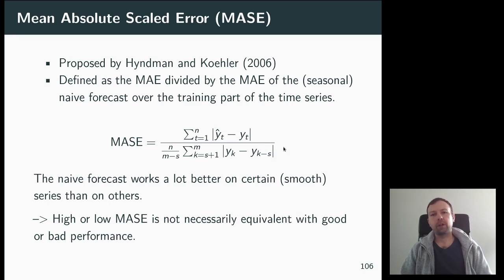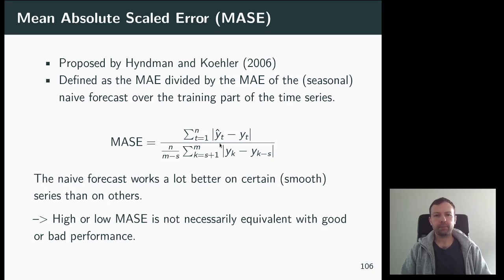Now this solves a lot of problems, because your training set will normally not be just one value or two values, and if your whole training set is zeros, then it should also be quite trivial what a good forecast is. So the MASE solves a lot of problems. It's now used as quite a standard measure in many time series forecasting situations. It has also been used as a measure in the M4.